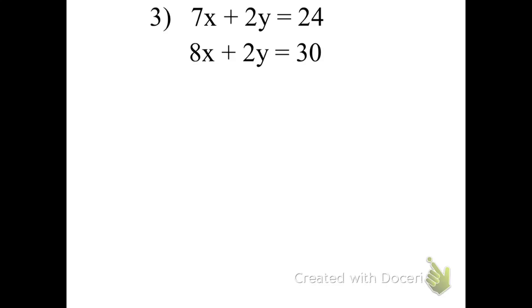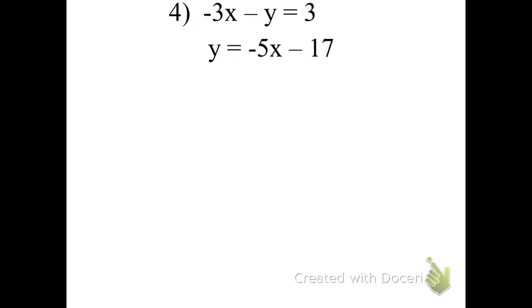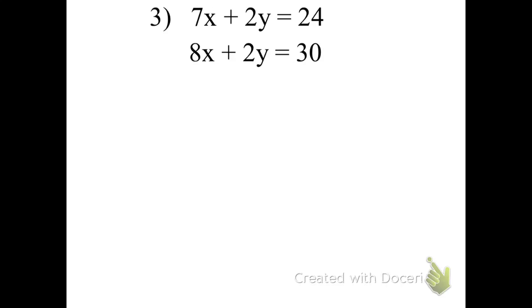Alright, let's move on to 3 and 4. I think we're actually all done with the graphing part. Yeah, we're done with graphing. Okay, this one. Once again, look at your system and see what sort of features it has. This one,